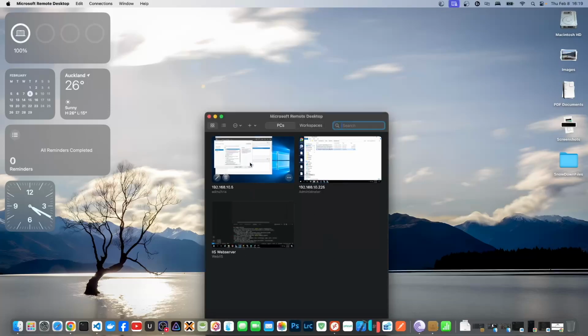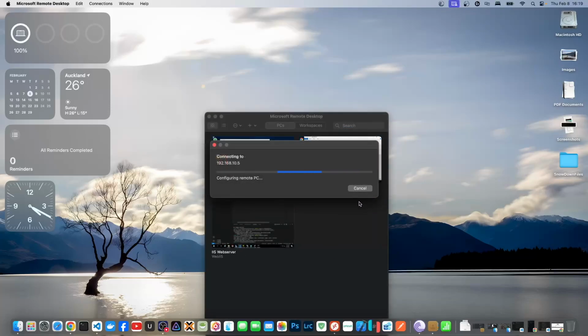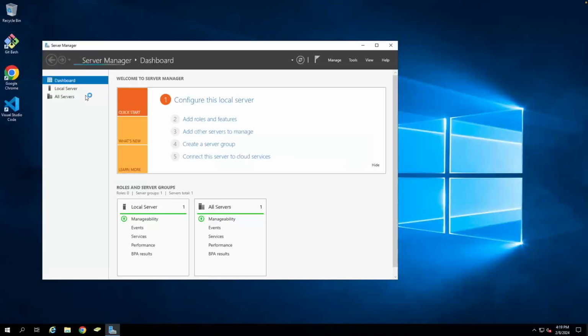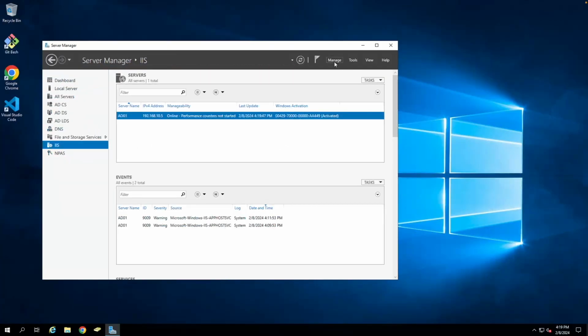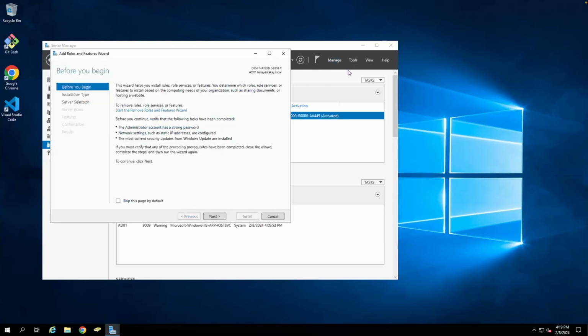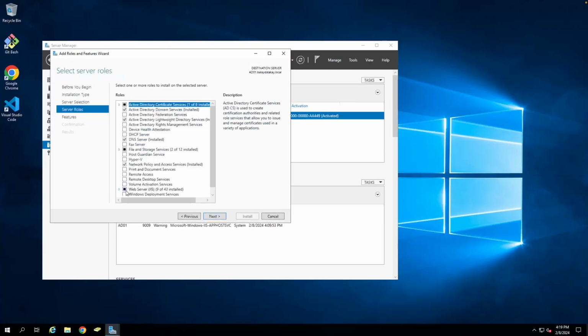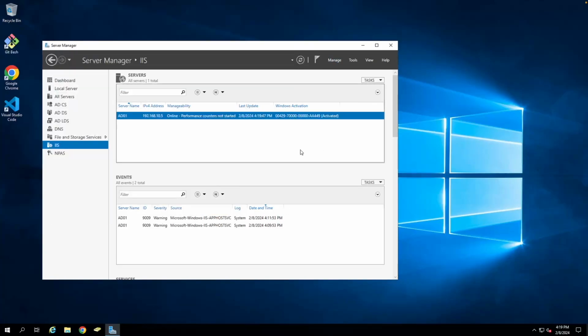So if you are going to connect to my remote server, I'm using Proxmox, by the way. If you're interested, I have a video on that one as well. So IIS is already here. If you don't know how to install it, just go to Manage, Add Roles, Next, and then just hit this Web Server (IIS), and then follow through. Once you've done that,